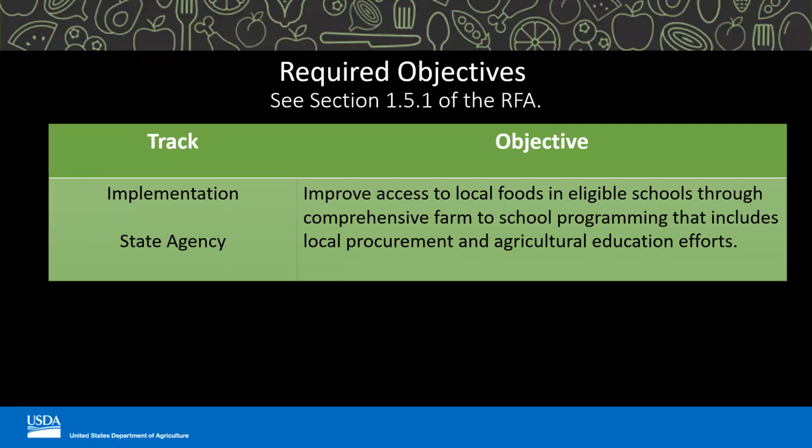For the state agency track, some specific examples of activities that align with the required objective may be building, expanding, and/or regularly convening a network of key partners, or facilitating peer-to-peer learning among program operators or with other states or agencies to improve program efficiency and learn best practices. Don't feel like you have to limit yourself to only the objectives specifically identified in the RFA. As state agency or implementation applicants, you have the opportunity to propose innovative or unique projects as long as they align with the required objective.